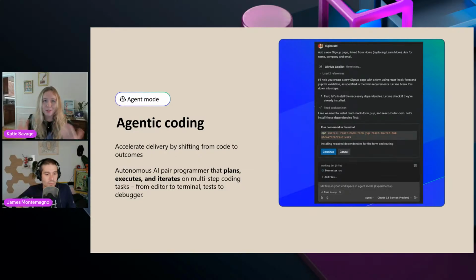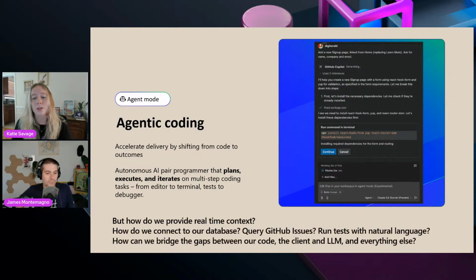That is a pretty powerful, supercharged tool, but it's still missing a key component: the real-time context piece of the puzzle. What does that mean? How can we make Copilot aware of the external tools that we may need to connect to outside of our IDE, like our VS Code environment? How can we make Copilot aware of our external databases?